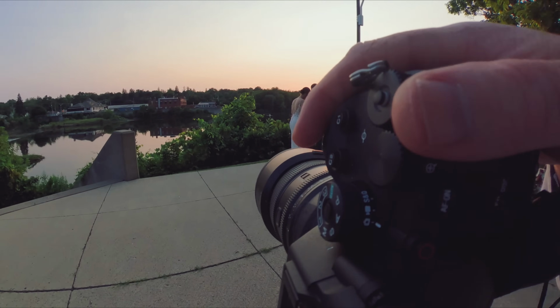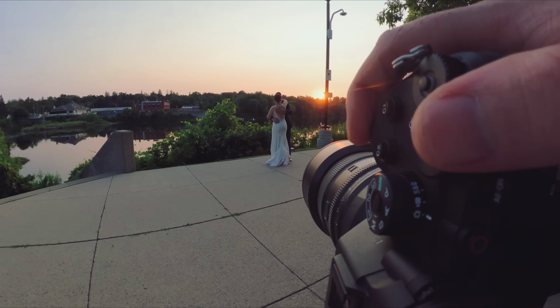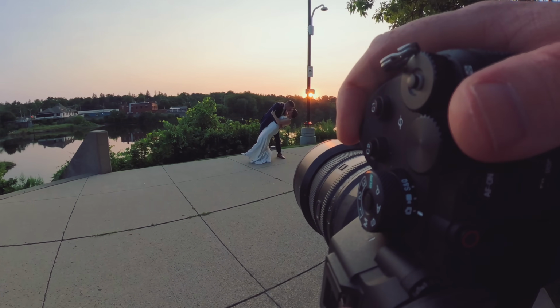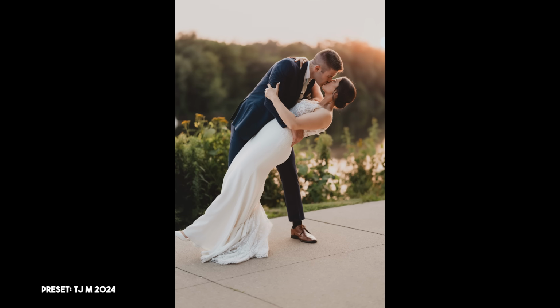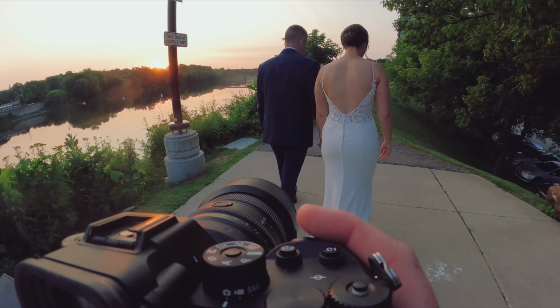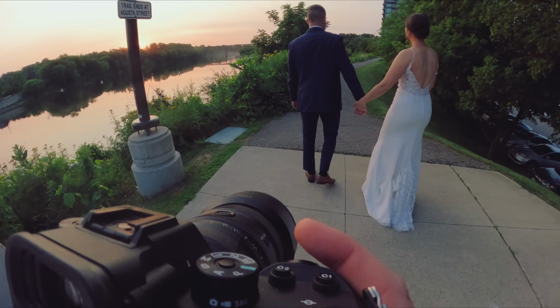Throughout this video, I'm going to show you a variety of different examples of this lens in different conditions, including the sun kind of pointed almost right down the barrel, a little bit off to the side. I'm going to show you some more direct right down the barrel examples as well. And a lot of candid coverage. Most of my wedding day is entirely candid, which is a reason that the 85mm lens is an incredible tool